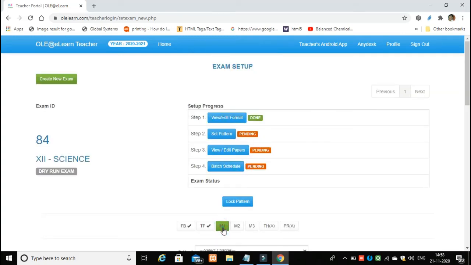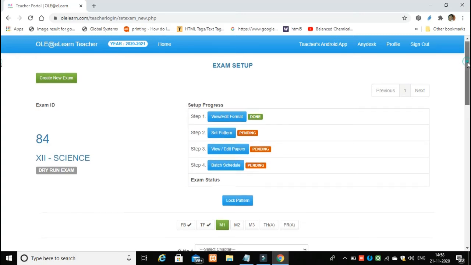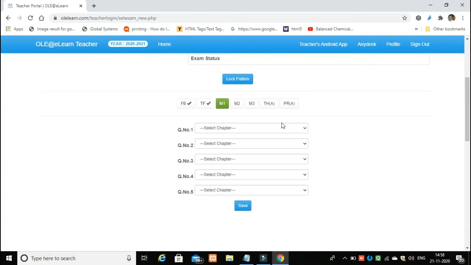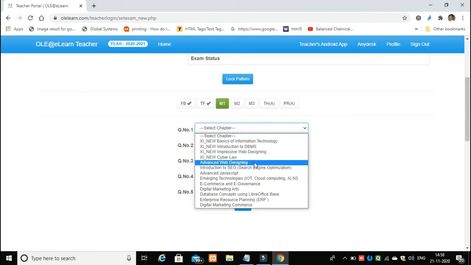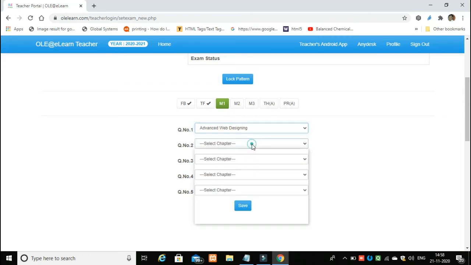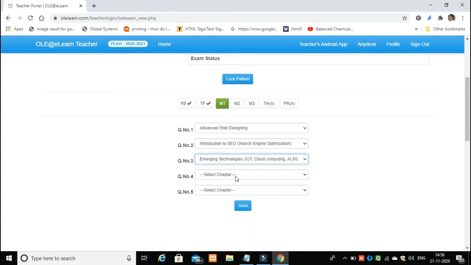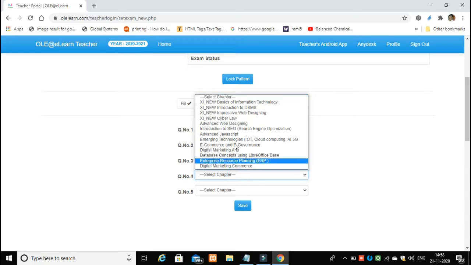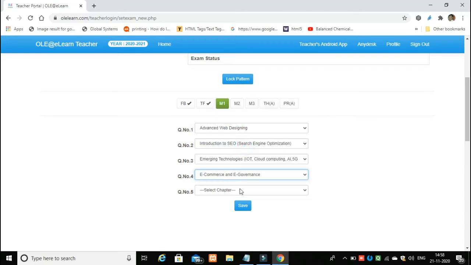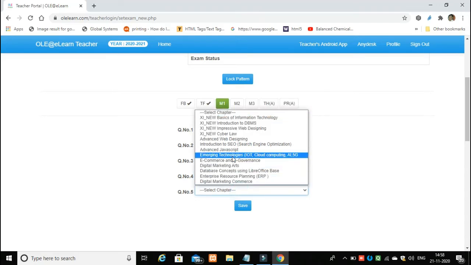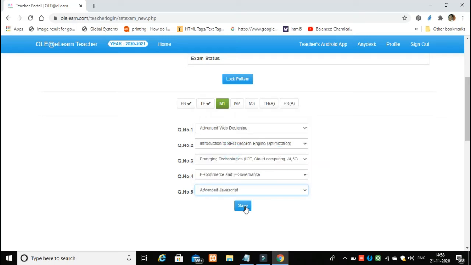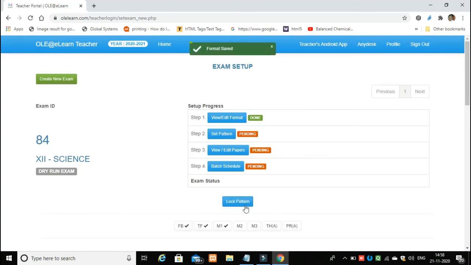Then again here M1, you have 5 chapters to be assigned. As many chapters you have, you can assign a question on those chapters. Click on save.